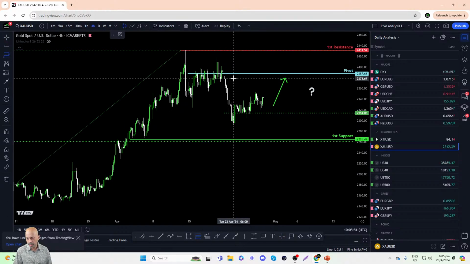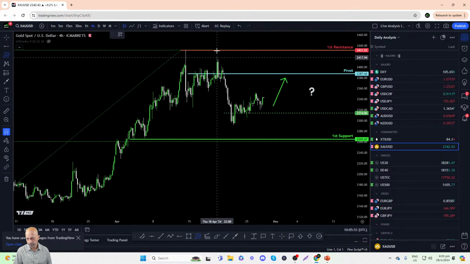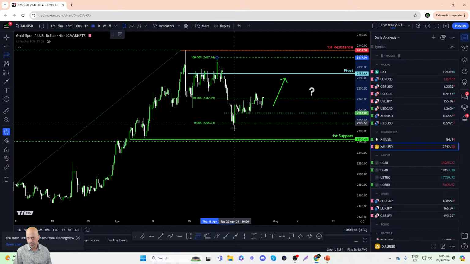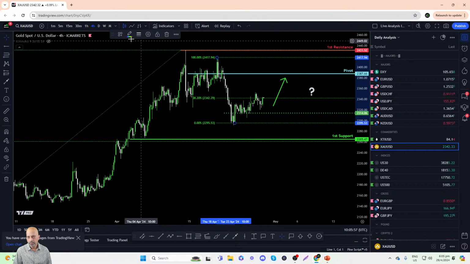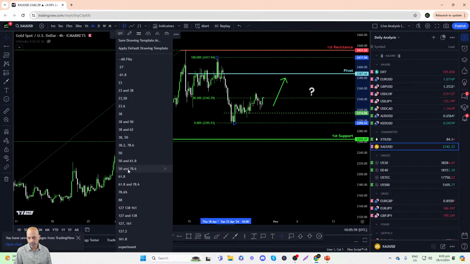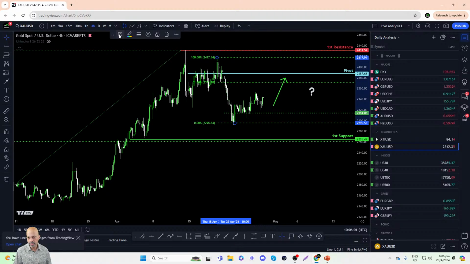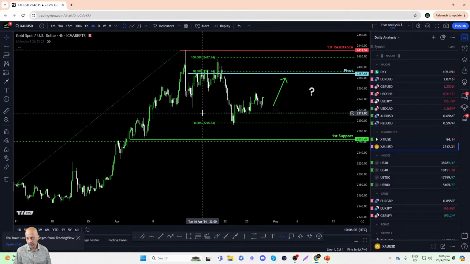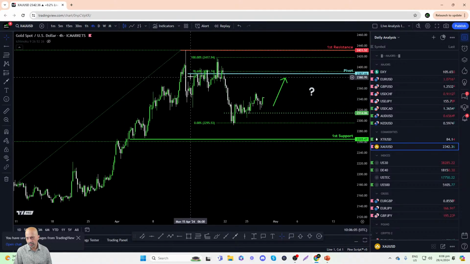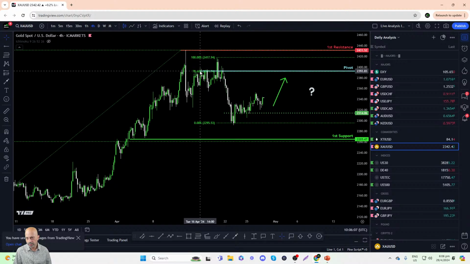Right, maybe you can run one more Fibonacci retracement starting from here. This high on the 18th of April going down to the low. I believe, is it the 61 or 78.6 that we could use? No, it's the 78.6. Yes, so we can see here, okay, it's not the cleanest level, but generally we can